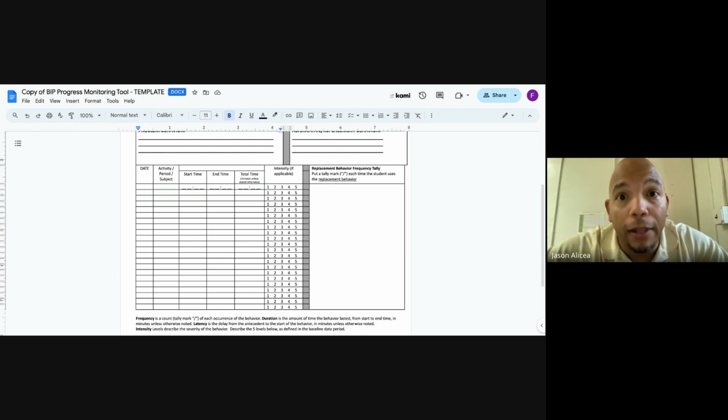If, however, the behavior that initiates is a low-level behavior, a 1 or a 2, and it persists for a longer period of time, and then the child does something that is a 3 or 4 or 5, something of a higher intensity, we're going to make sure that level 1 or 2 behavior is noted and documented as 2 minutes, 3 minutes, or whatever it was. And then that upper level behavior is also documented as a separate event.